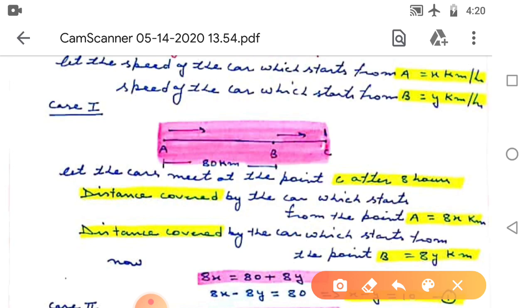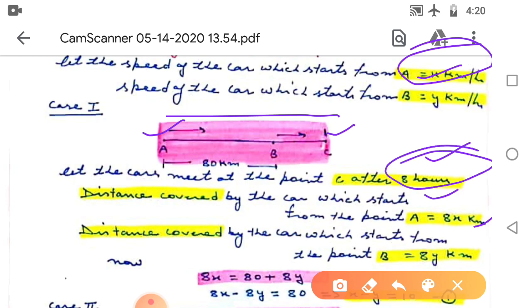So distance covered by the car which starts from the point A to C. Clear? The speed is x kilometer per hour. The time is 8 hours. So what is this distance AC? 8x. Distance is equal to speed into time. Speed is x. Time is 8. So the distance traveled by car A from A to C is 8x,